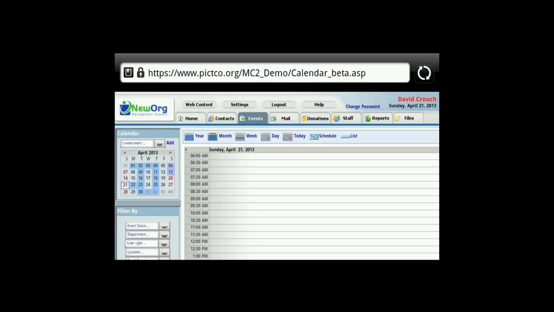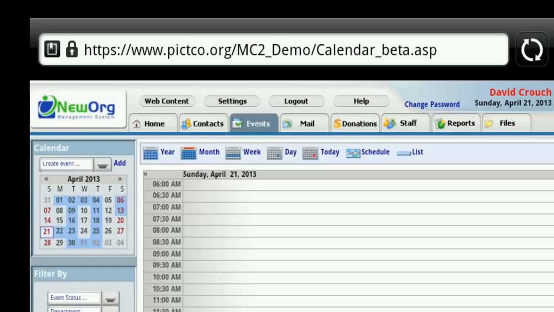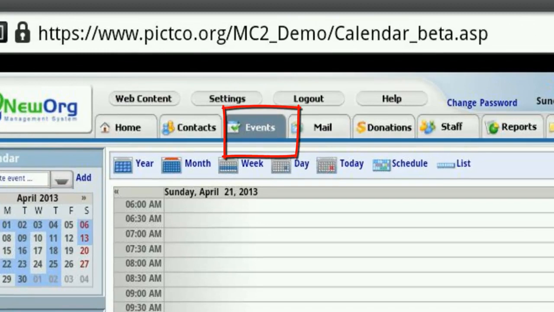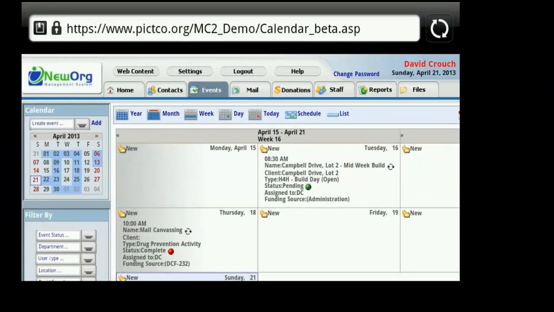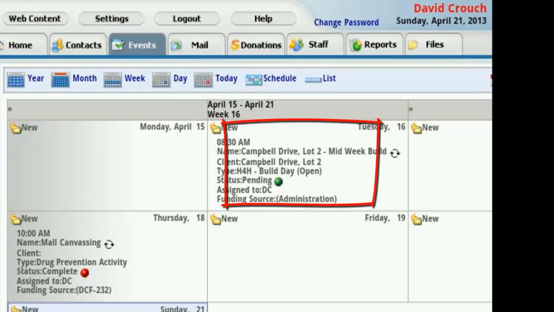If you are the volunteer manager, you probably receive calls at crazy times from volunteers that want to participate in events, and they don't really care where you happen to be. Let's add a participant to an activity directly from the phone. I've tapped on the Events tab and gone to the calendar, which displays the regular Today view of your activities. I'm tapping on the Week view now, and I want to add a participant to the Habitat build on Tuesday